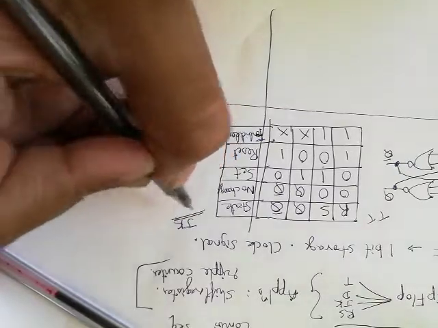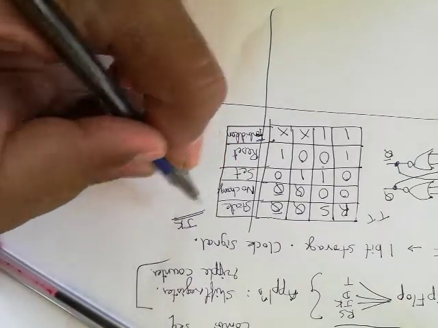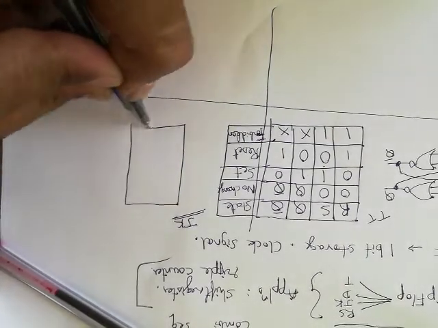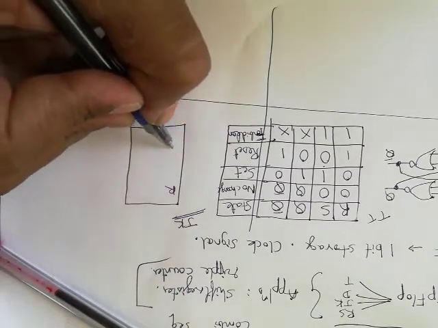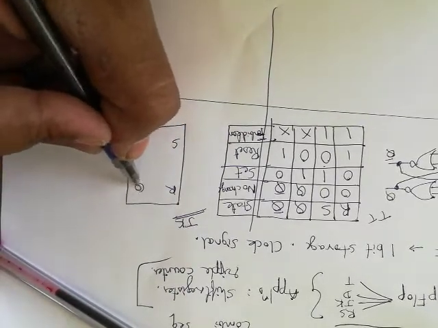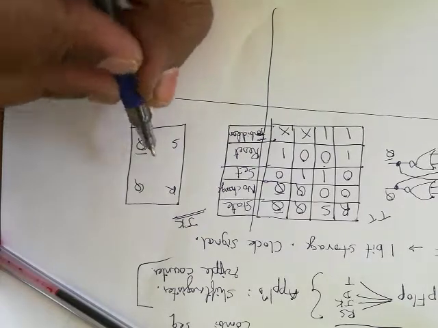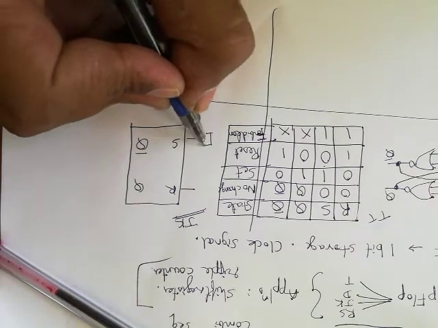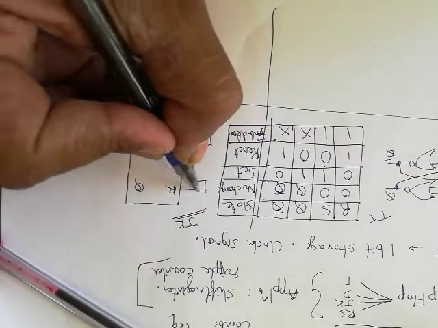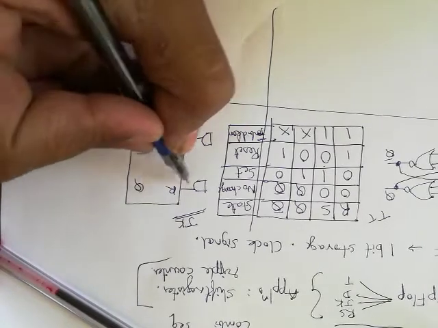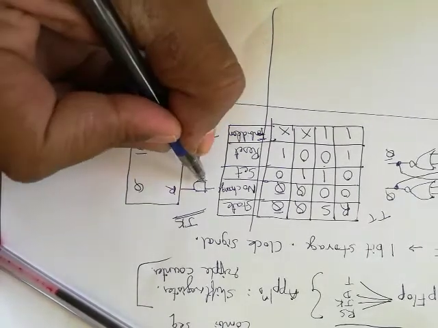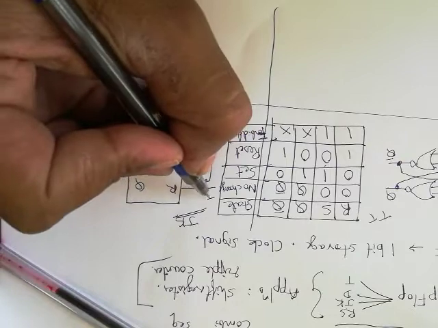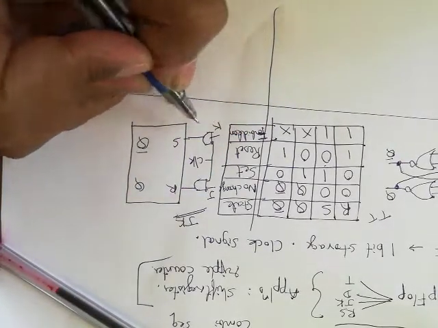JK is short for the name of scientist Jack Kilby. How we'll design a JK flip-flop is, we'll use our same RS flip-flop. We'll have the Q bar. Instead of directly giving the values, we'll give them through AND gate. Okay, observe carefully. Instead of directly giving the values, I'll write a clock here, and we'll apply the input J K.